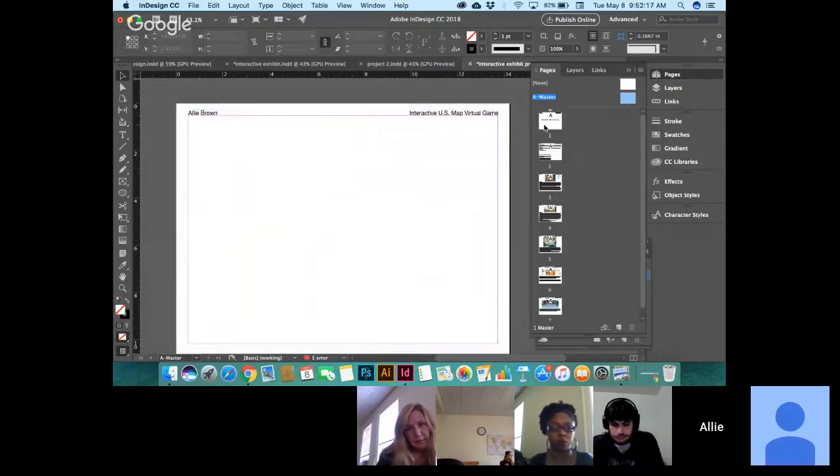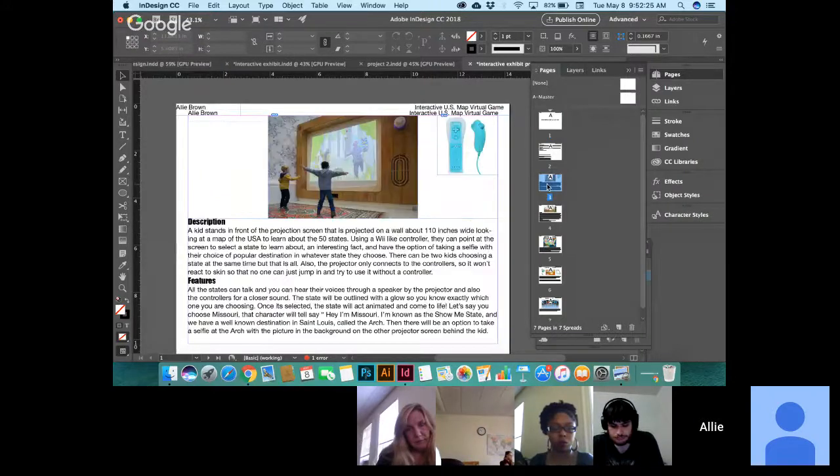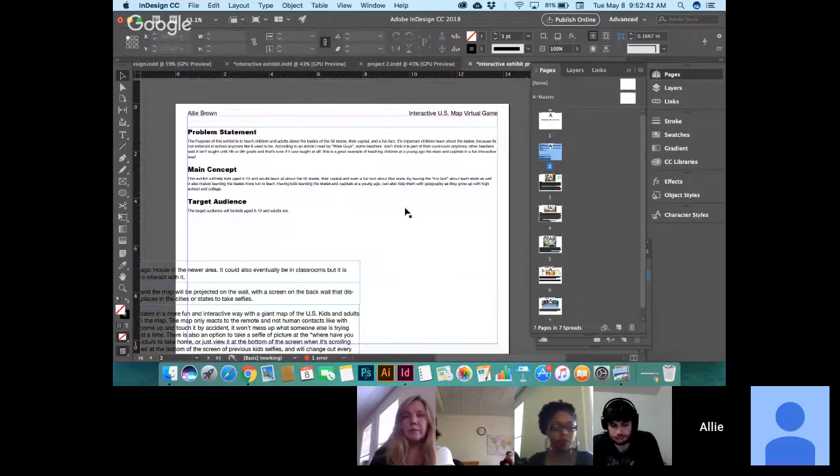All right, now because that's on A master, we can delete it off of each of the pages. You don't need it. And it's not deletable on each of the pages because it's actually on A master. So then on your pages, you might need to move some content down. Okay, that's really going to clean it up and make it look less like a hack job, more like real professional looking.